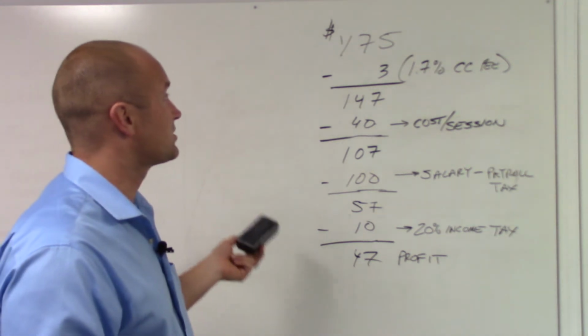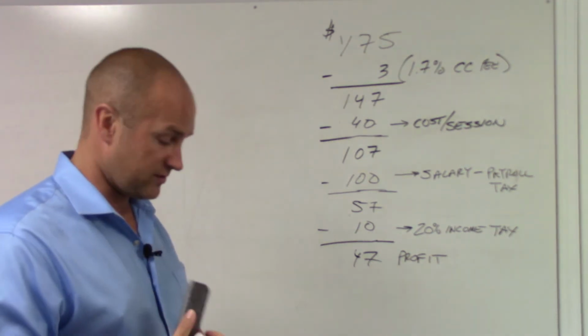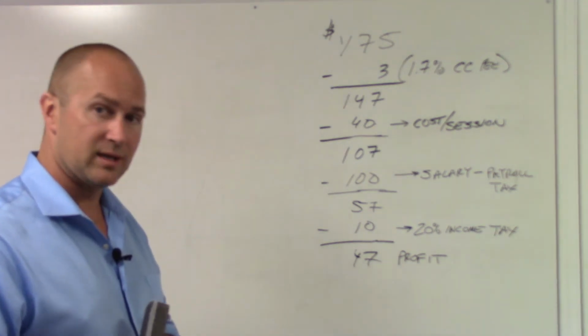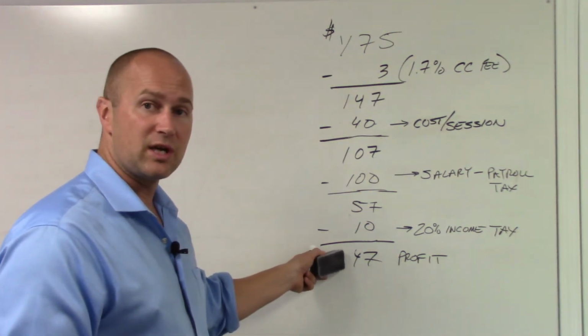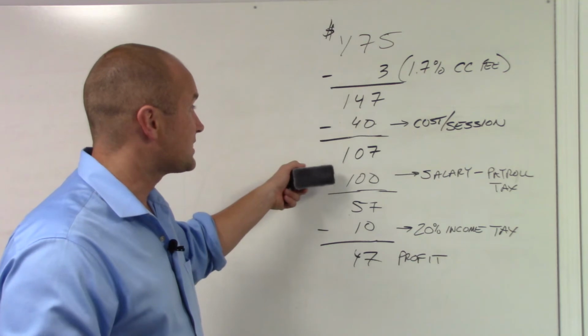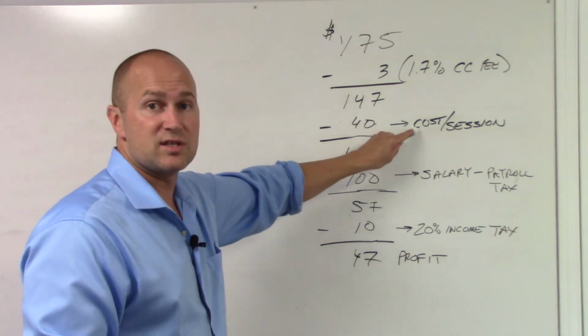And as your numbers go up, you'll be able to pay yourself more and more, and make sure that your company is still generating profit, you're making lots of money, your cost per session is down, and